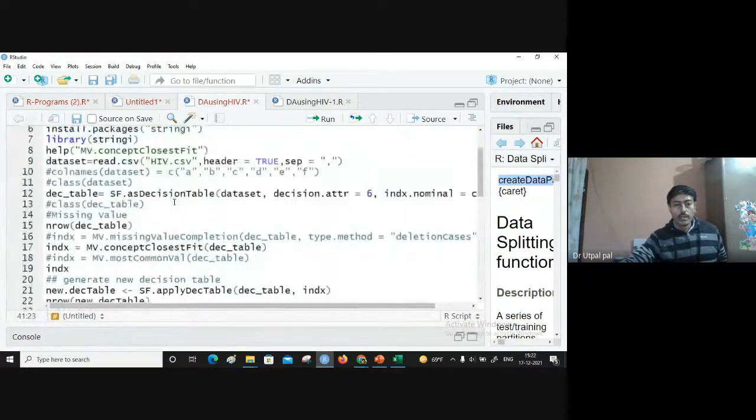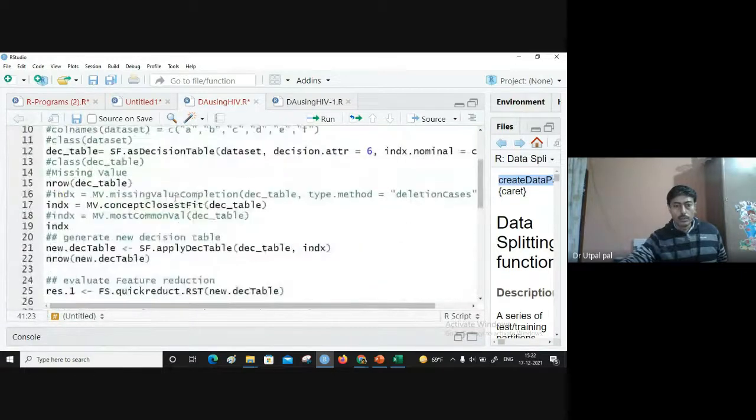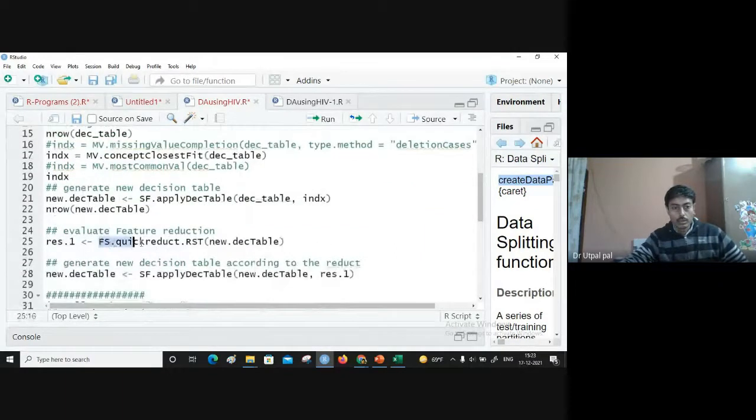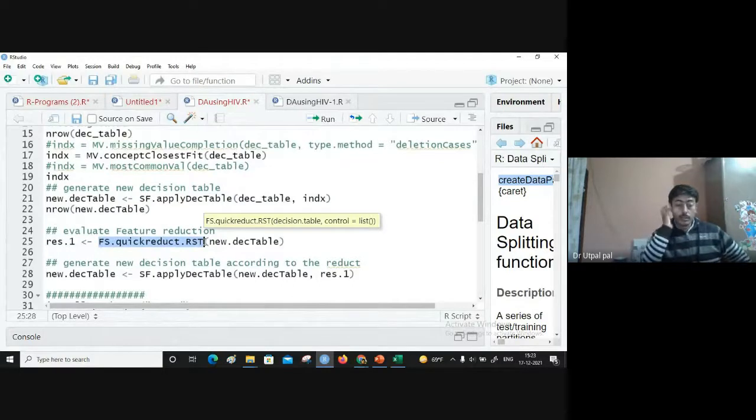Now in this model we used this particular function for missing value completion. If you want, you can try another missing value completion method. Here we used the quick reduct algorithm for feature selection.